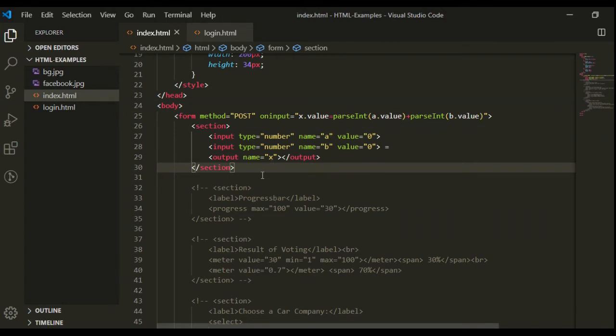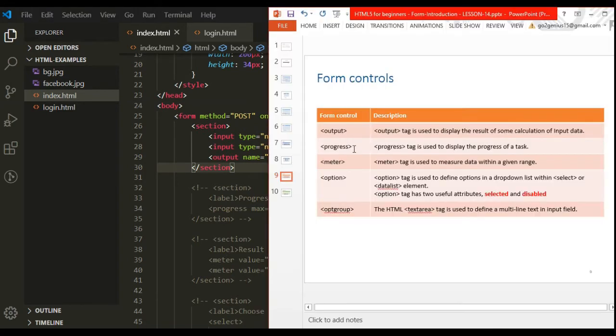So let's see the next form control, progress. The progress tag is used to display the progress of a task. It provides an easy way for web developers to create a progress bar on a website.